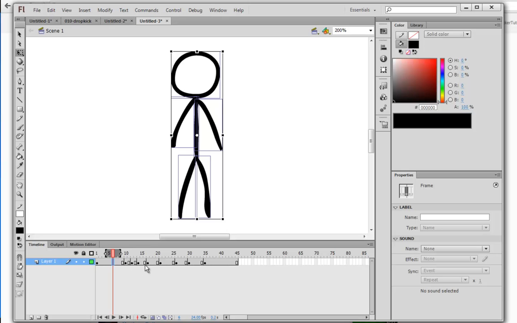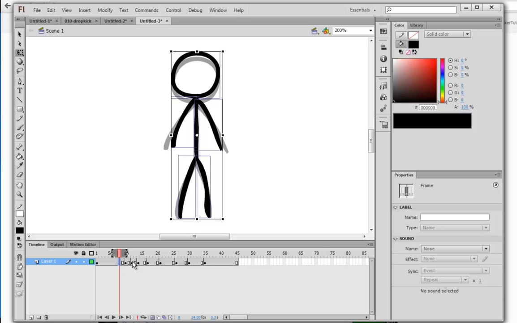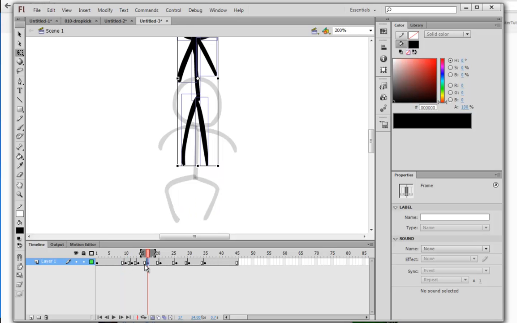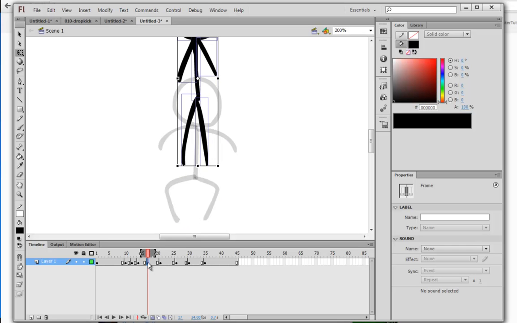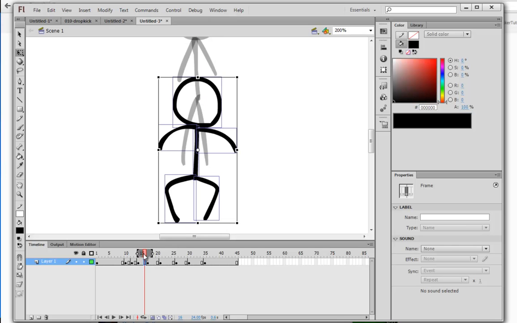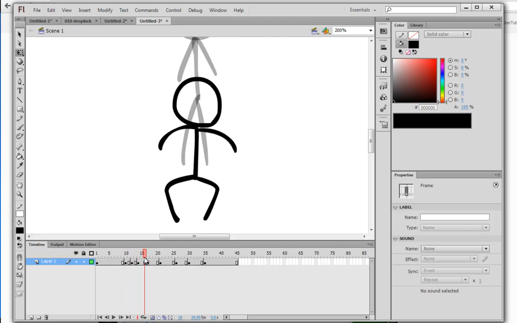So before we just had this and this, now we have that. So it looks really smooth. And then we have these two. So he's down, and we want to move him up to that. So he's down, and then we can probably just